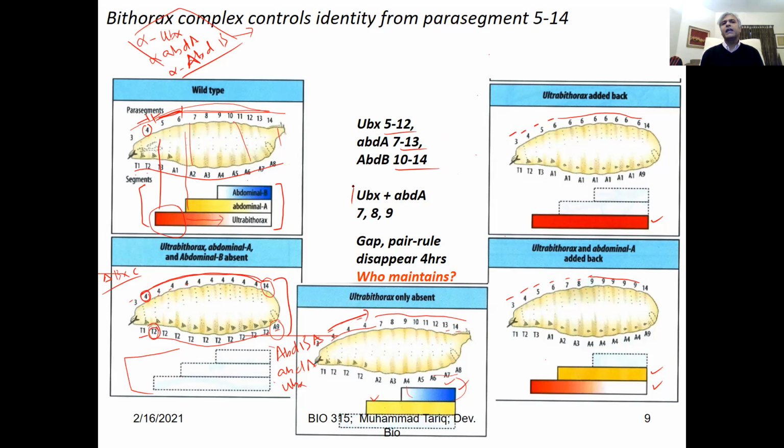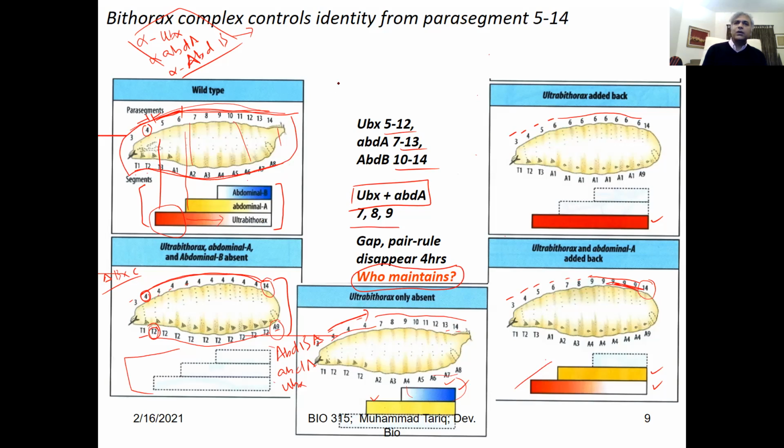If you bring in UBX and ABDA, you restore 7, 8, 9, and 9 spreads, and ABDA transforms the identity of all the most posterior abdominal segments. Now, who maintains this? Once homeotic genes start expressing and give specified identity to these segments,